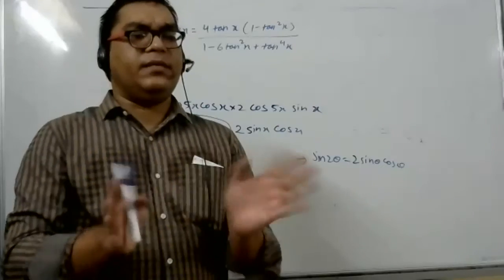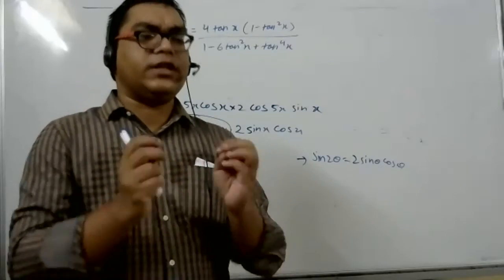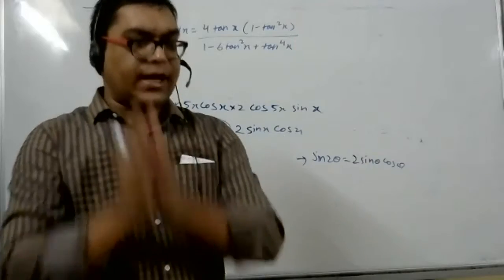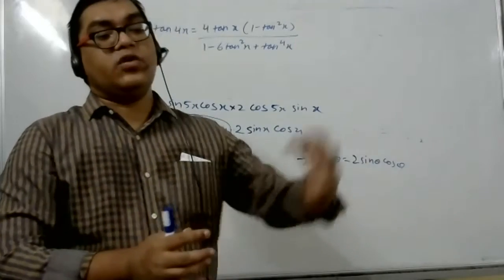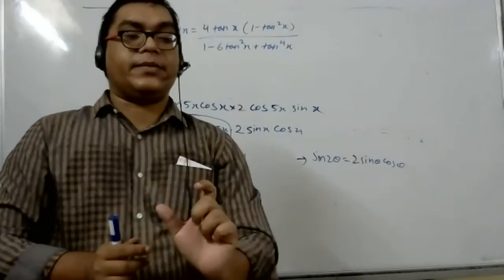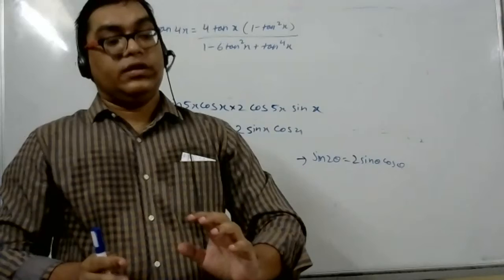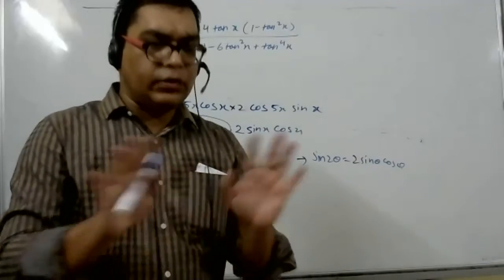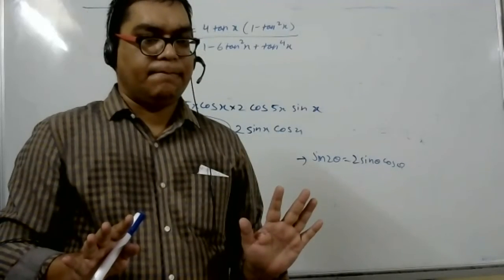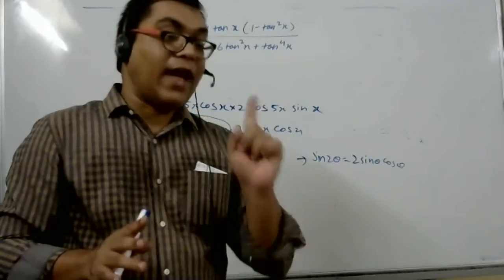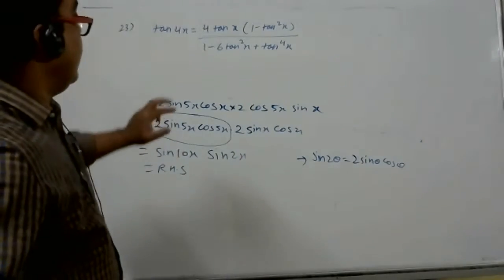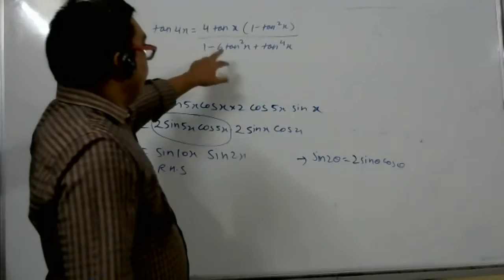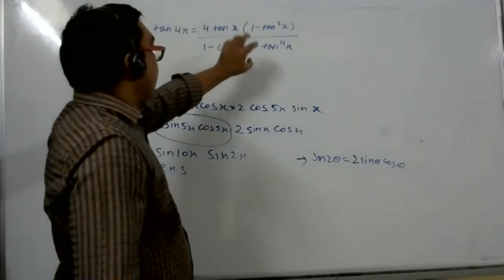Usually that is not a hard and fast rule, but the usual thing is the side where the bigger expression is given, start from that side, because it is easy to go from a bigger expression to a smaller expression. Then it is easy to compare the smaller expression to the bigger expression. I think all of you know this now. But it is not a hard and fast rule. So miss, it is not a rule. Most of the time it will work. So here, by that logic, we have to go from the right side to the left side.